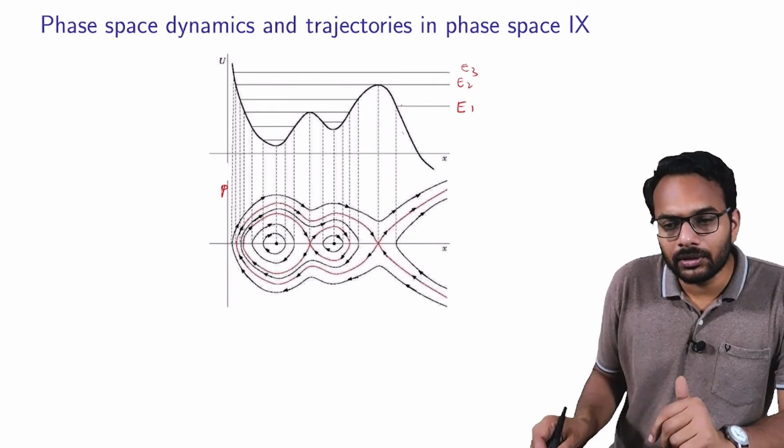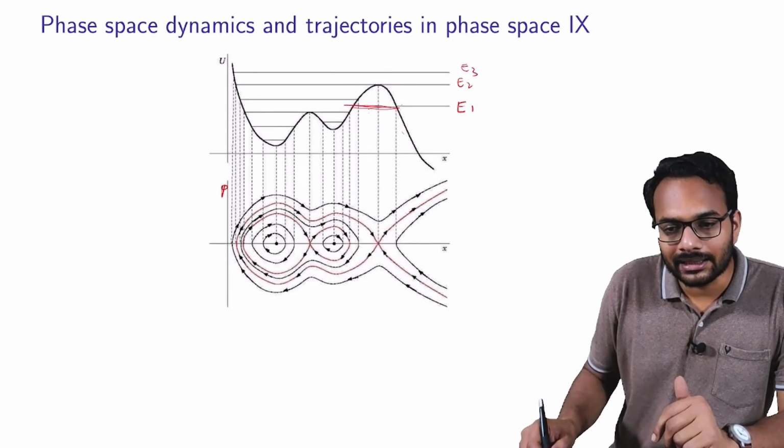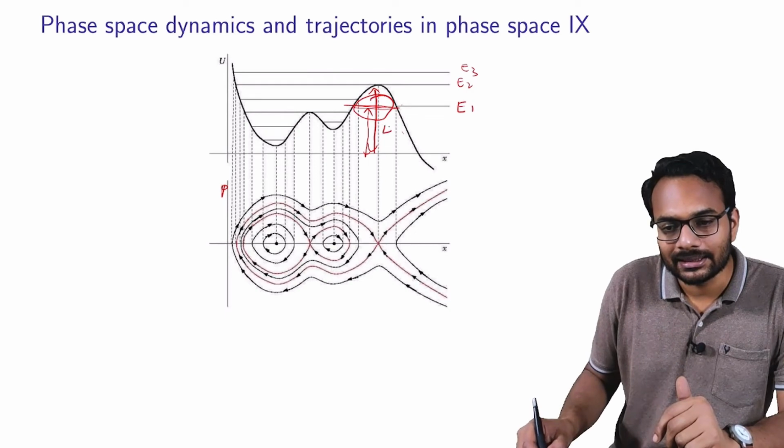Now, you look at this E1 line. You continue this E1 line. You see that here, this height is the energy. This height is less than this height. So, in this region, the potential energy is less than